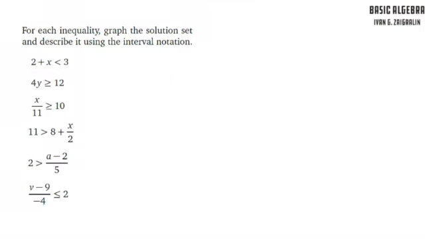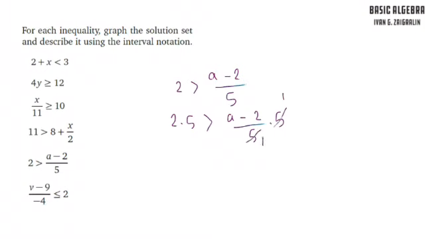The next inequality, 2 is greater than a minus 2 over 5. So in the first stage we multiply each side by 5. 2 times 5 is greater than a minus 2 over 5 times 5, so this is 1 and this 5 is 1. 2 times 5, 10 is greater than a minus 2,